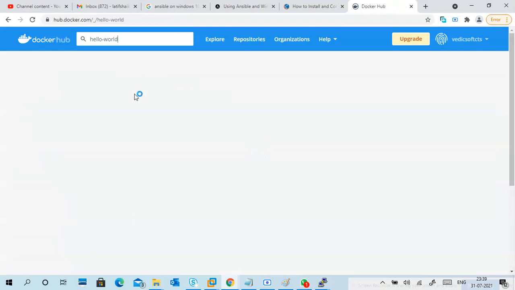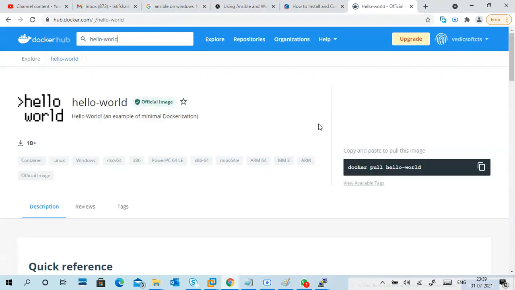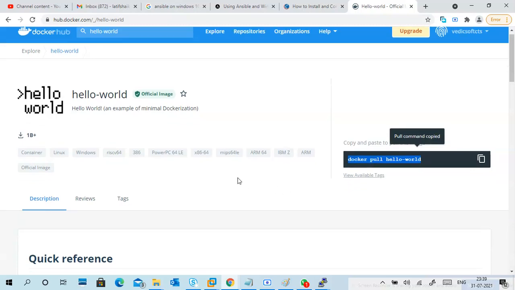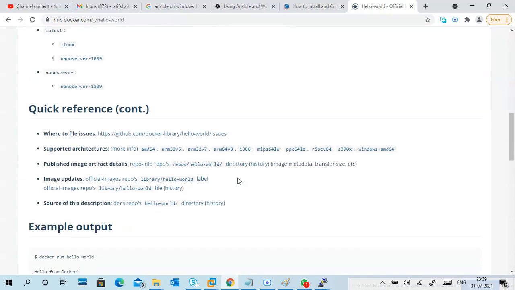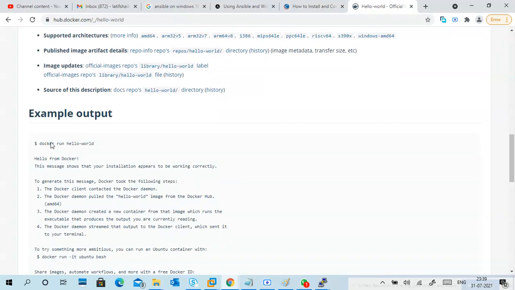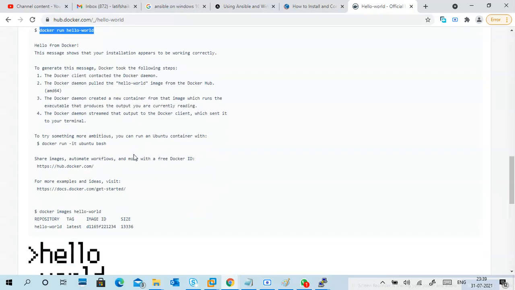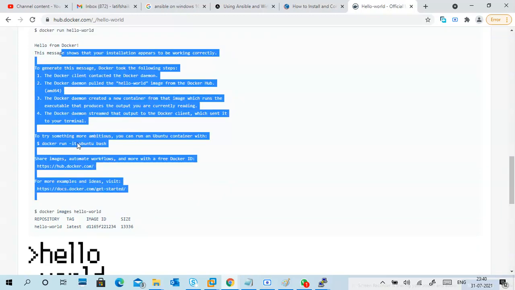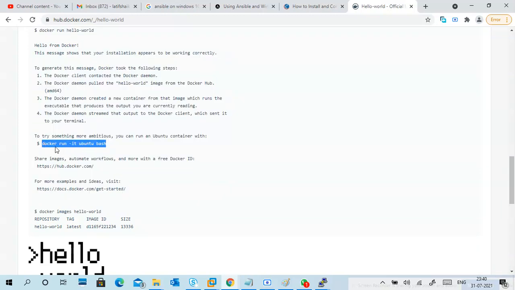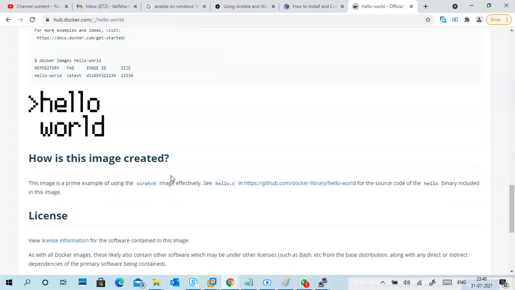This is the one. This is a sample one, just to check whether you are working on it. So you can load the sample image, then you can run it. Just docker run hello world. Whenever you run this one, it will show you a sample for Ubuntu, how to run Ubuntu, like a starting kind of stuff.